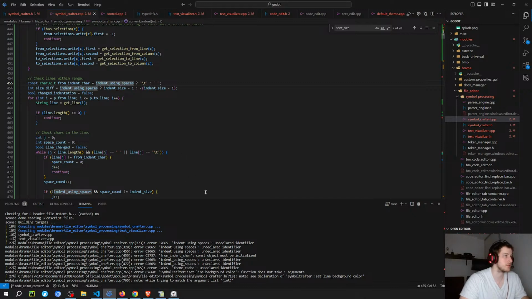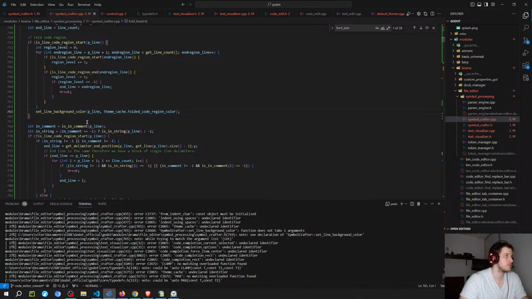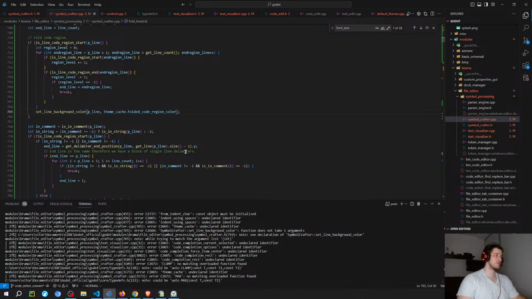Oh, it's because of the space. Cache for the color region. I'm gonna show there